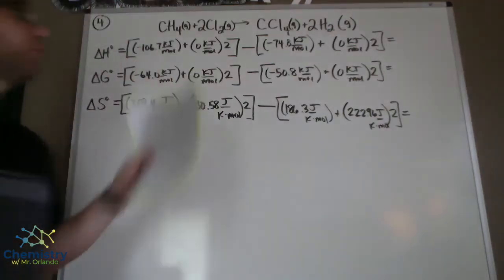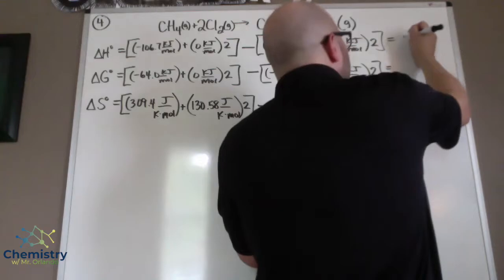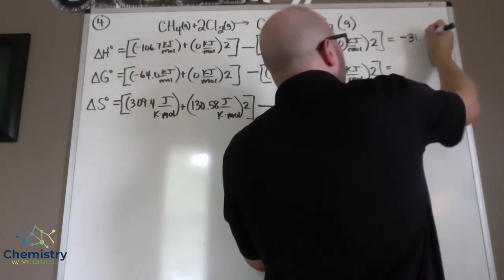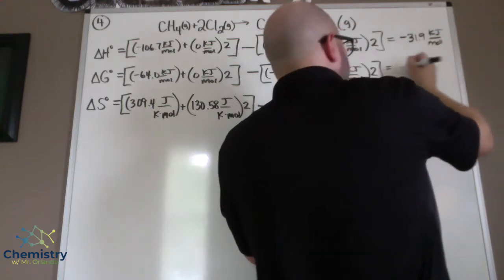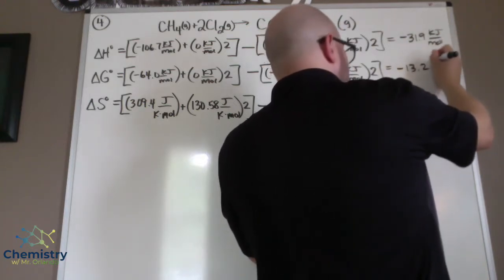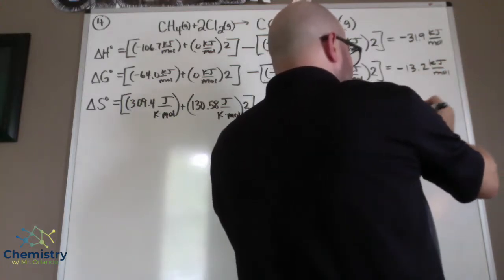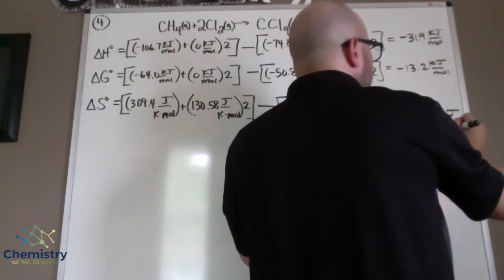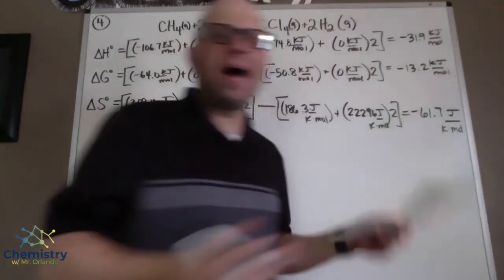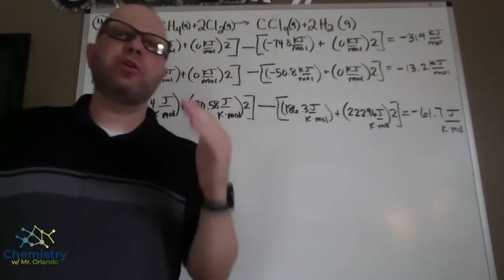Okay, so I calculate all 3 of those. So for the first one, I get negative 31.9 kilojoules per mole. The second one, I get negative 13.2 kilojoules per mole. And for the last one, I get negative 61.7 joules per Kelvin mole. Now, in the actual instructions for the problem, after you get delta H, delta G, and